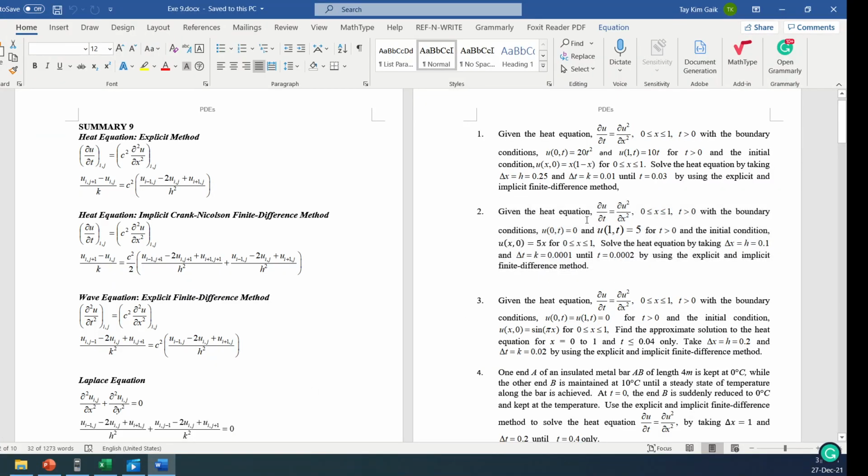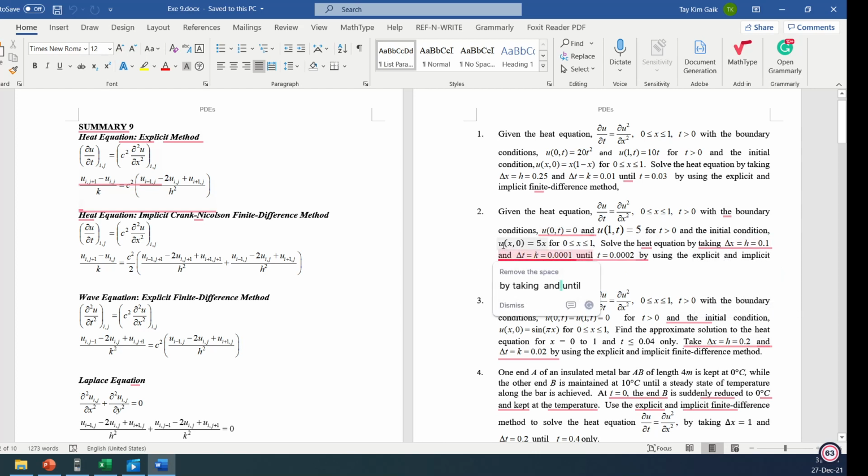So question 2: given the heat equation, ∂u/∂t equals ∂²u/∂x², where x goes from 0 to 1 and t is positive, with the boundary conditions u(0,t) equal to 0 and u(1,t) equal to 5, and the initial condition u(x,0) equal to 5x for x from 0 to 1. Solve the heat equation by taking Δx equal to h equal to 0.1 and Δt equal to 0.001